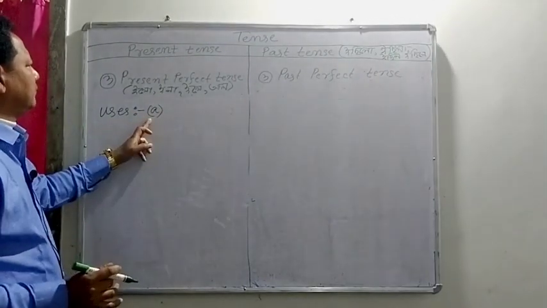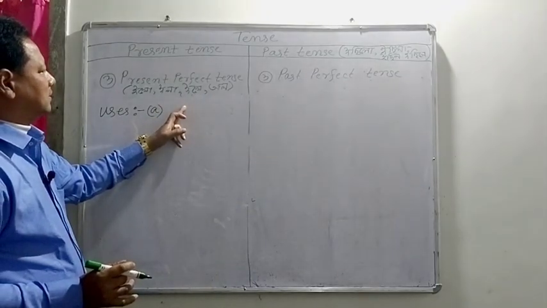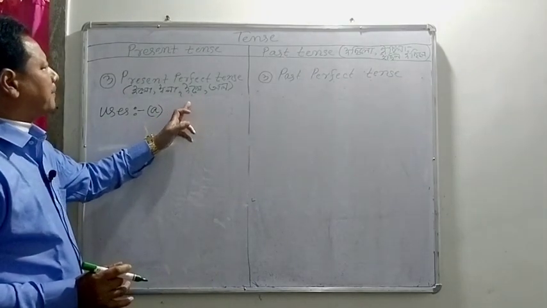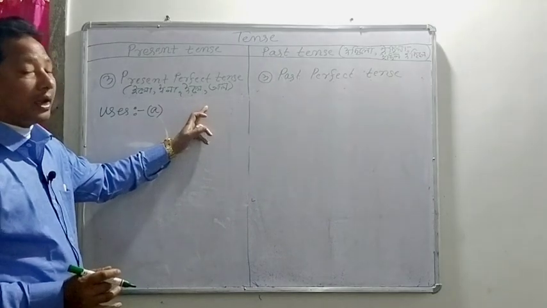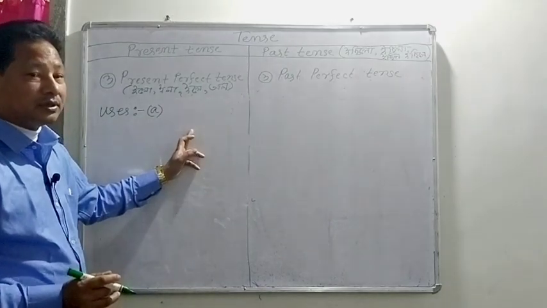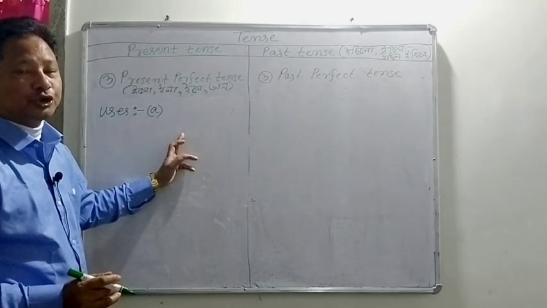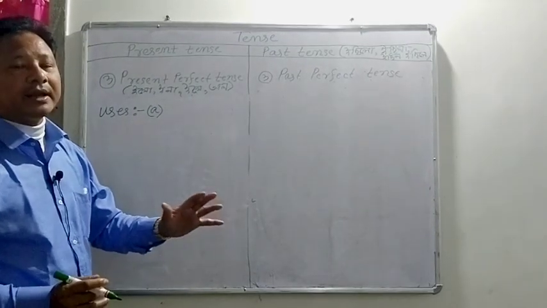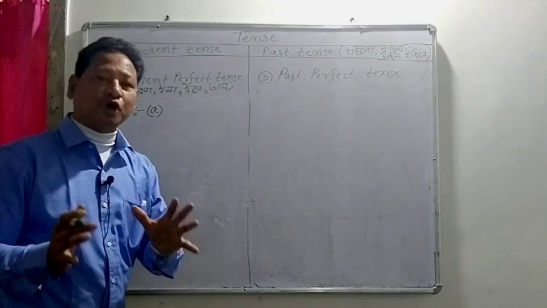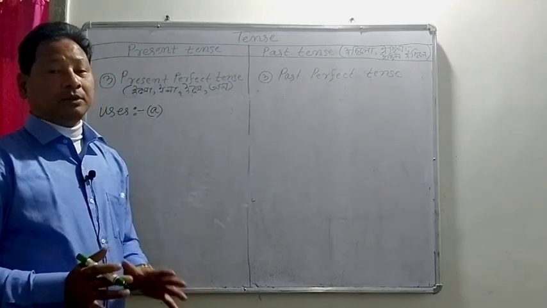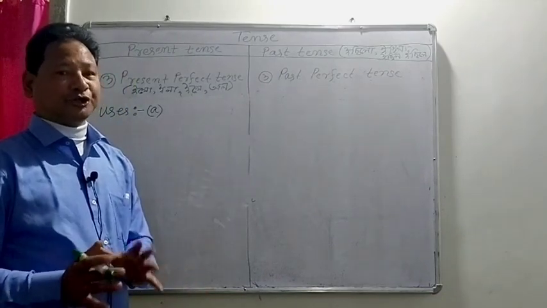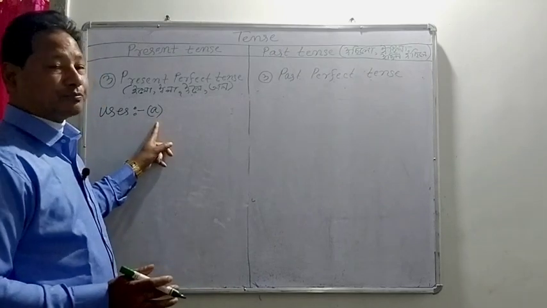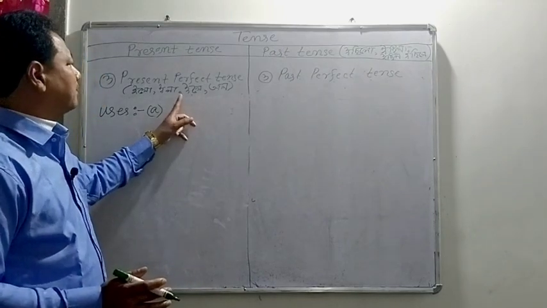Uses A, you will get the basic uses of present perfect tense, and then after you will get the secondary use of present perfect tense. Secondary use means this is the upper class, and it is also applicable for your job exam, if you understand, if you observe the teaching. Now, the first basic use of present perfect tense is